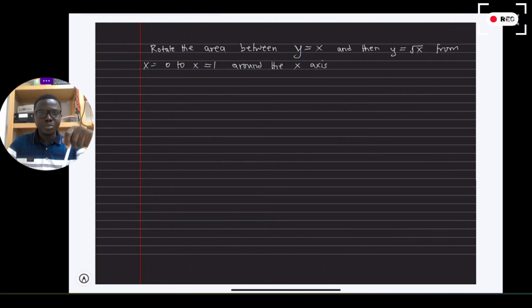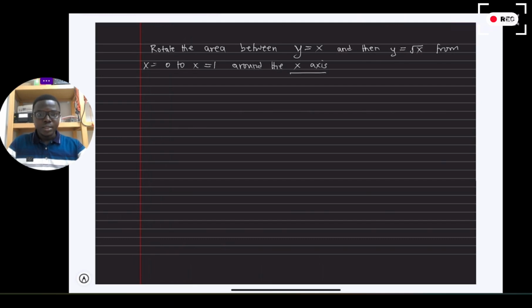That means we have to do a simple hand sketch for these two functions, and then we proceed with the revolution. For this type of question, note that we are revolving around that same x-axis, that is y equal to 0. So for this type of question where you have to do a simple hand sketch for your two functions, this is what you can do. The first thing you can do is to find the point at which the two functions are